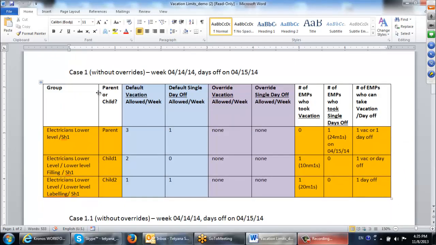So we will start from case 1 and 3 groups. I've put all the limits for these groups already in PFC, and already 2 employees took vacation and 1 employee took a day off. We will look at other employees to check whether they can take vacations and days off. So let's start from the parent group. Here, an employee can take either 1 vacation or 1 day off for this day exactly, or 2 days off for the rest of the days. So I will take employee